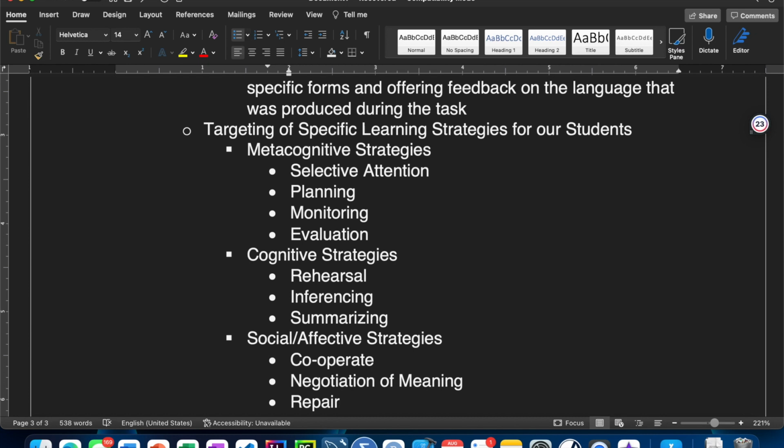Purely cognitivist approaches would say that the internal state of the learner has little real impact on language learning and acquisition, and there are many researchers out there that say this simply isn't the case, right? Something like